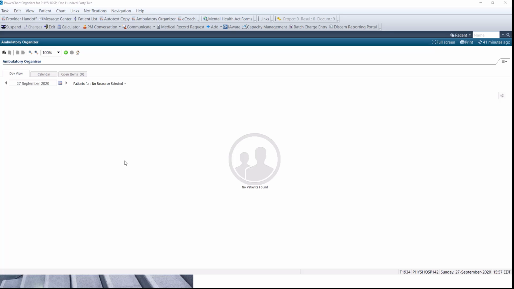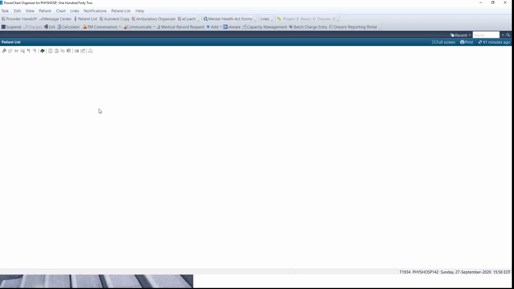So when wanting to develop a patient list, it seems reasonable to locate the patient list icon, which we see up here. Alternatively, we could look at View and go to Patient List from there. Most of us will just reach for the icon, and away we will go. Now we see patient list, which doesn't look much different. First step in creating a list is to press on this little wrench icon in the top left corner. We'll click on that,